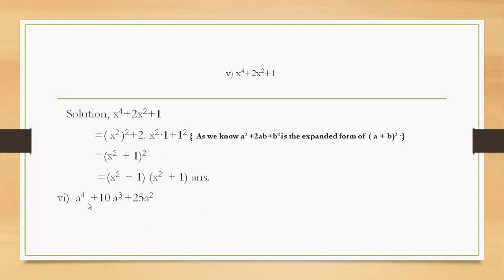Now look at this number 6, you have to do it in the same way. This number 7 also do the same. And this 8 also you have to do the same way. First make a square, then last b square, in the middle make the 2ab. Okay, I hope you can do it. Should I show any question here from 6, 7, 8? Tejas, should I show any question from 6, 7, 8?